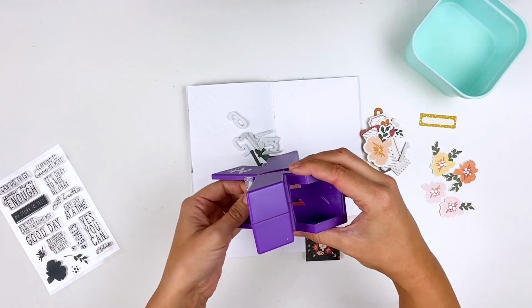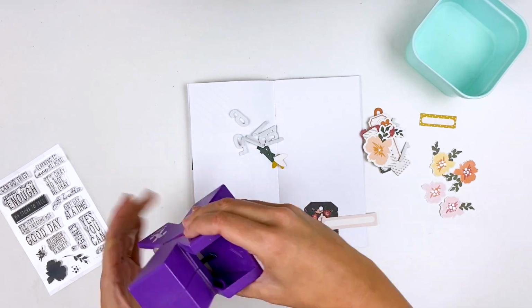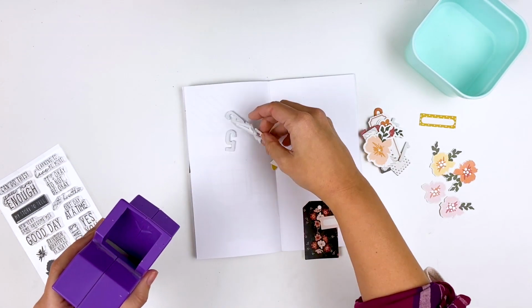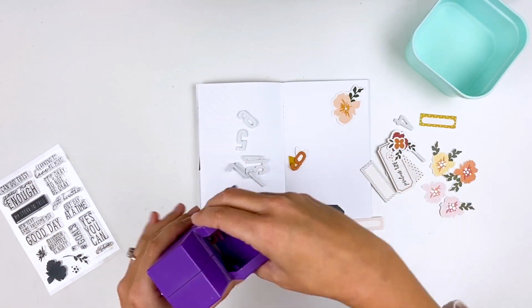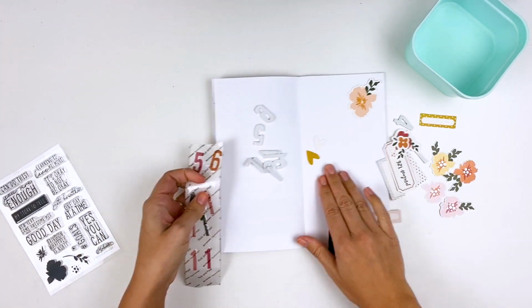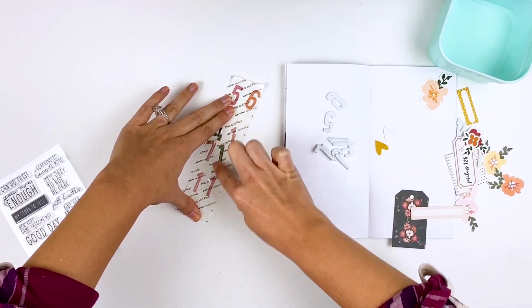So here I'm taking the paper versions of the numbers that I die cut out, and I'm sticking those through my Xyron sticker maker. This just applies adhesive to the entire back side of each one of these numbers. That way they're easier to adhere to the craft foam. Craft foam can be a little tricky with adhesives, and I found this works really well to do it this